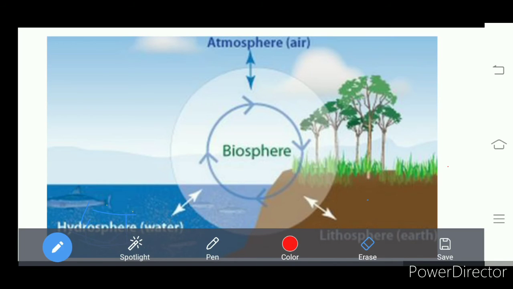So what we discussed here: we discussed lithosphere, hydrosphere, and atmosphere. Finally, what is left? Biosphere. Understand? So what is biosphere? Bio, this is also a Greek word. It has come from the Greek word bios. It is a Greek word which means life. Life, in the sense it includes all